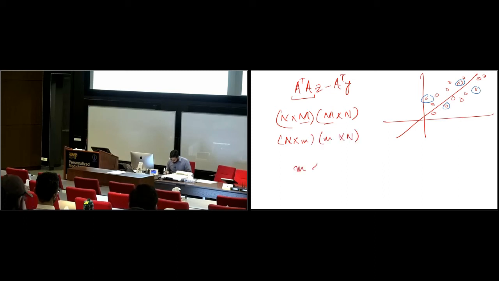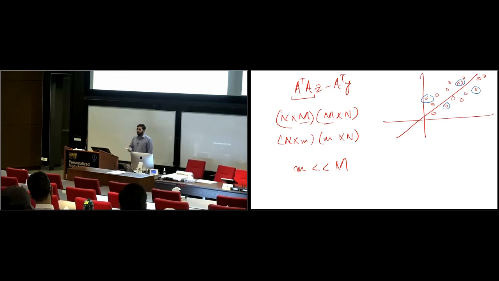On average, small m is much smaller than big M. So let's say you have 1 million data points, you maybe use 64, 100, or 128 data points in each iteration of gradient descent. On the surface it doesn't look exactly good, because what you're saying is, let's not use the entire data and let's try to find the right solution for a subset of data, because you're taking the gradient with respect to a subset rather than the entire data. But what makes it work is that you're choosing this subset randomly.